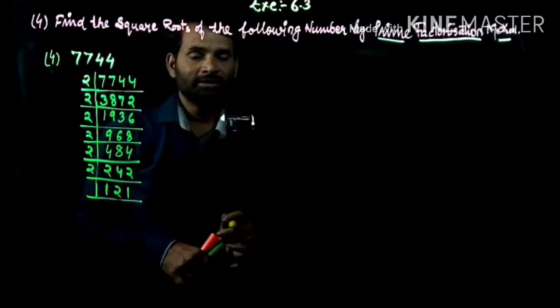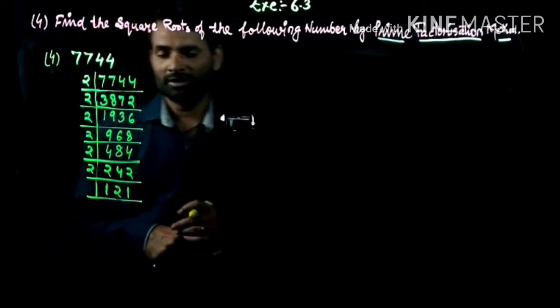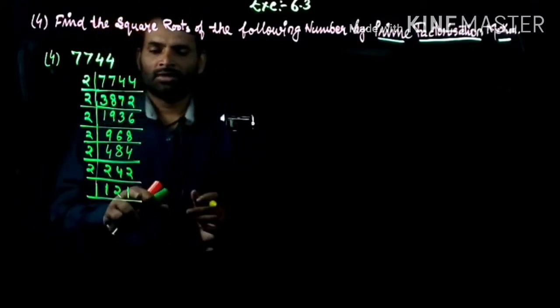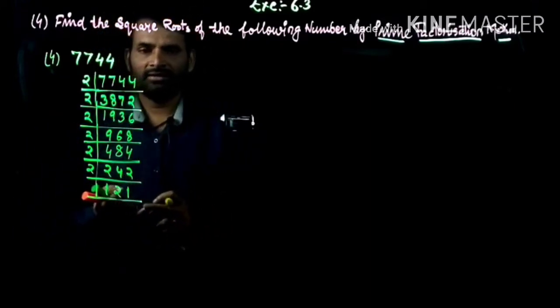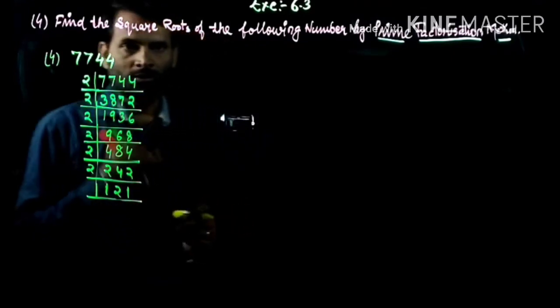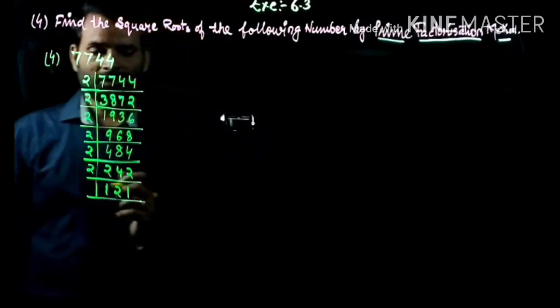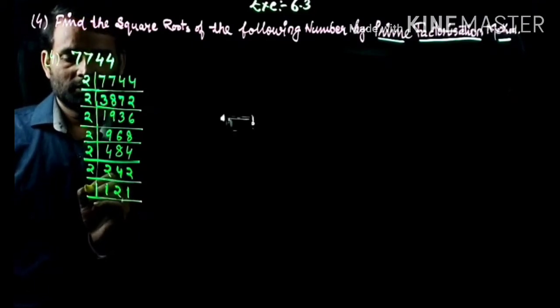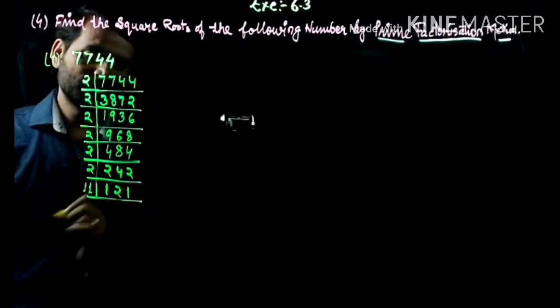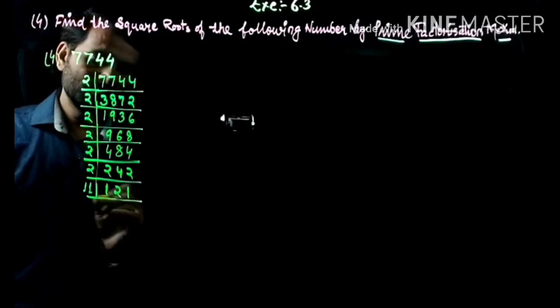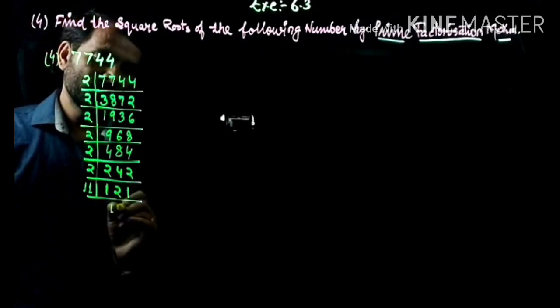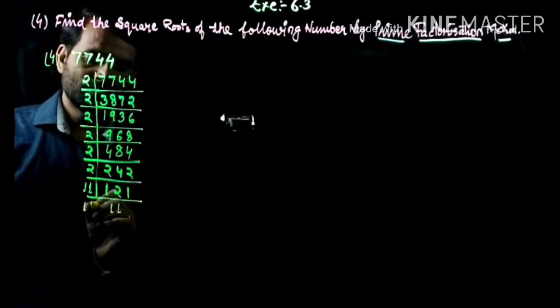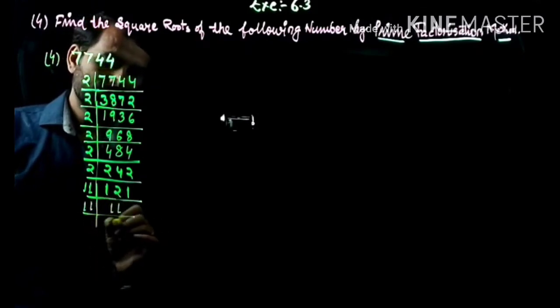4 is not divided by 3, that means the number is not divided by 3. The last digit is 1. The number is divisible by 1 and 9. The 1 is 9, and it will be 11. The number is 11. 11 is also a prime number. 11 1s are 11, in 11, 11 is only 1.